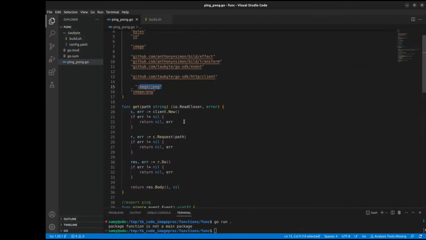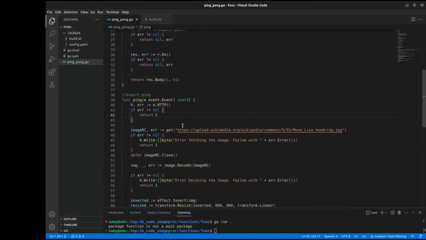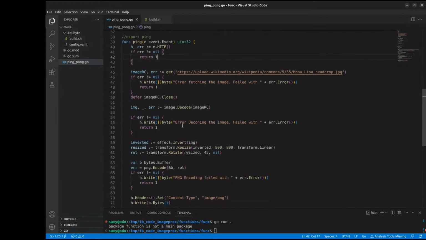You can look at more of that if you just look at how to decode, encode images with Go. There's nothing specific. It's really just standard Go here. And now that we have our image,